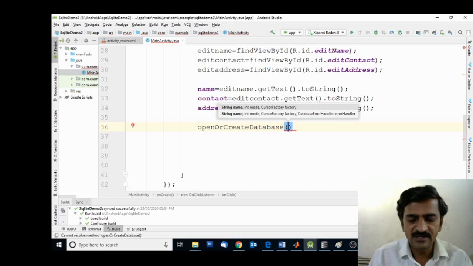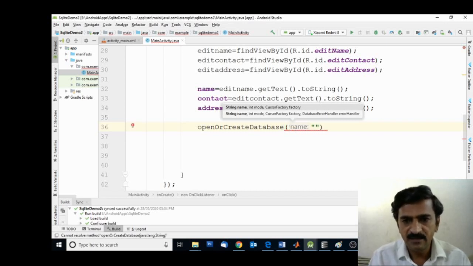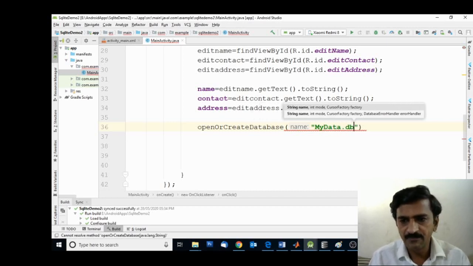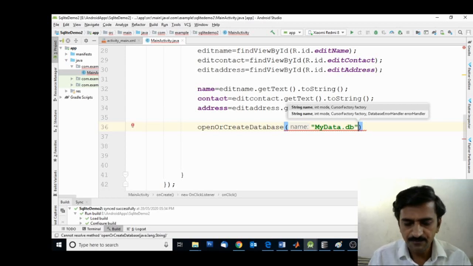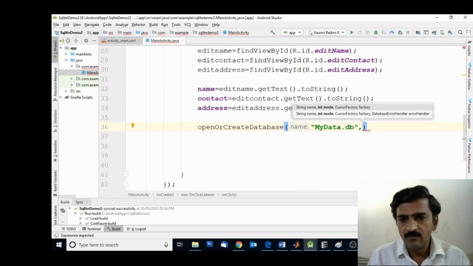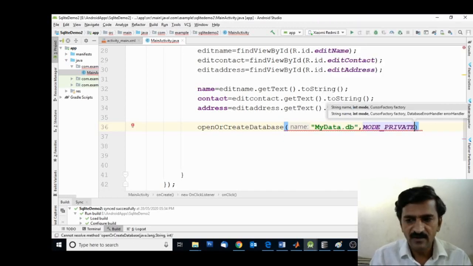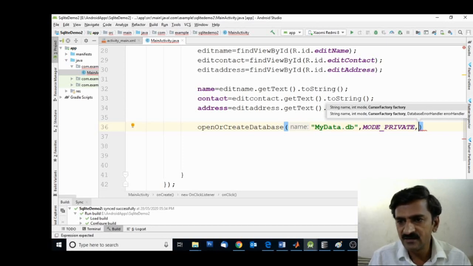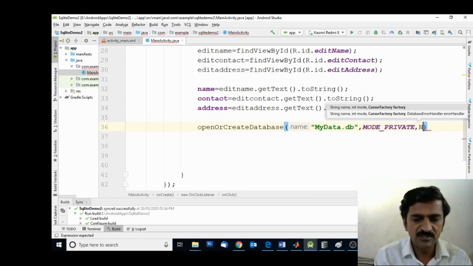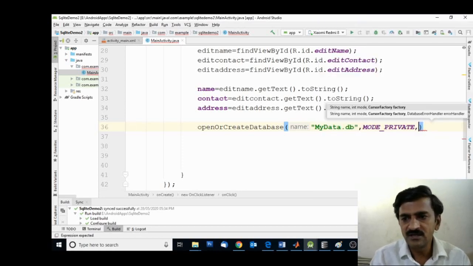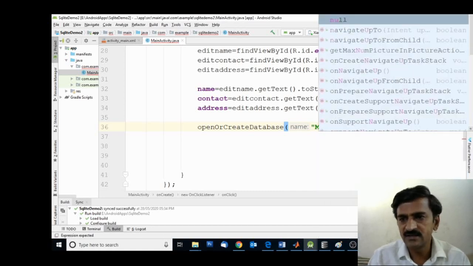This function requires the name of the database, myData. We can specify any valid name. We can add an extension .db so that we can view it in our SQLite browser. Then it requires the mode. I am specifying mode private, and at last it requires the cursor factory. So I am specifying null here. We'll see later on what the use of cursor factory is.